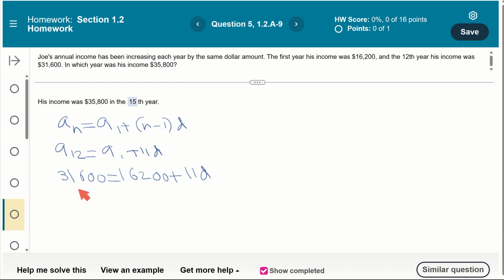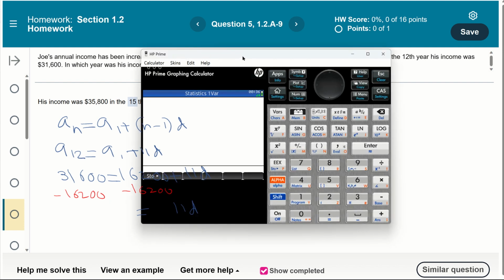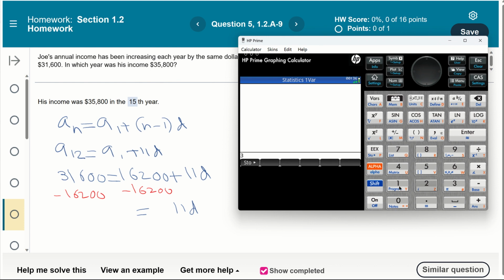If we just subtract 16,200 from both sides, we end up with 11D is equal to 31,600 minus 16,200. So we get 15,400